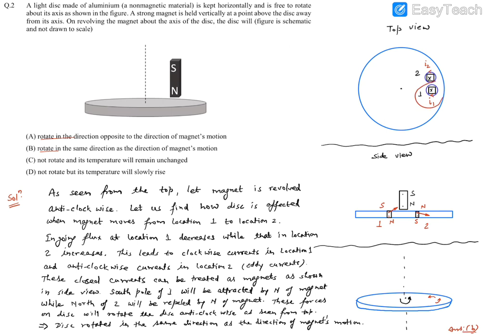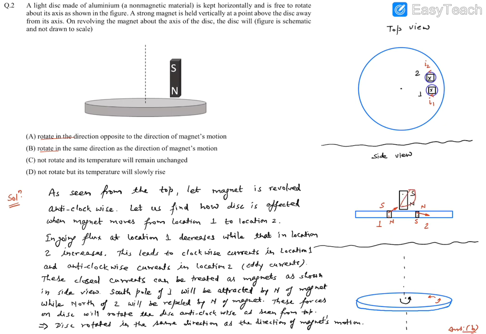Why? Because if you use the right hand rule, the thumb will go inside and the direction of the magnet's north is toward the thumb. So this is downwards and this is upward. What happens at location 2? At this location, it's just the reverse of it. So its north pole will be upside and south pole will be downside. And this is the strong magnet that we had.